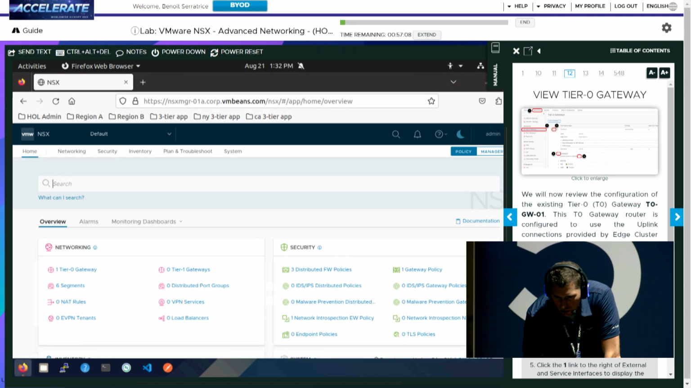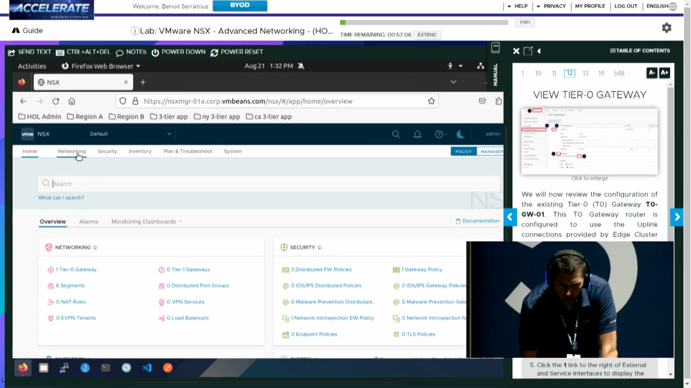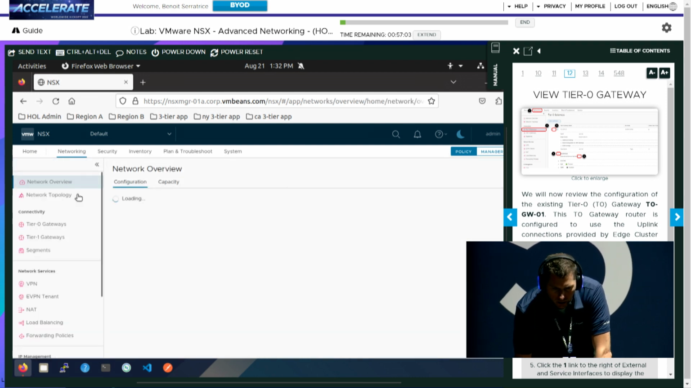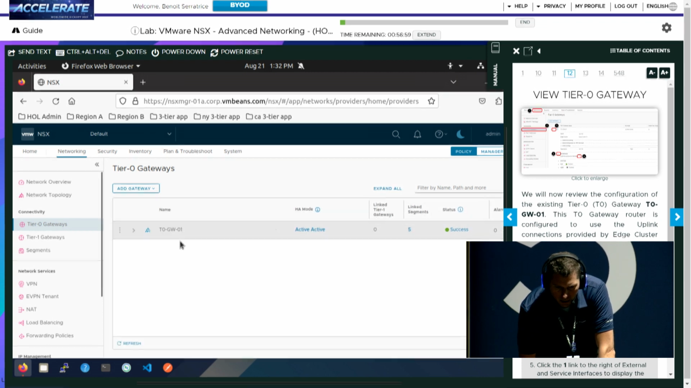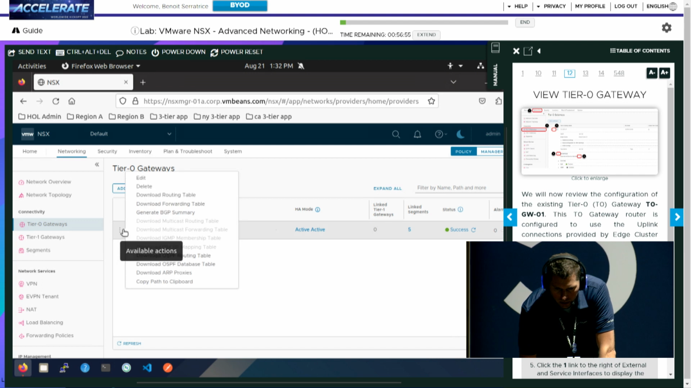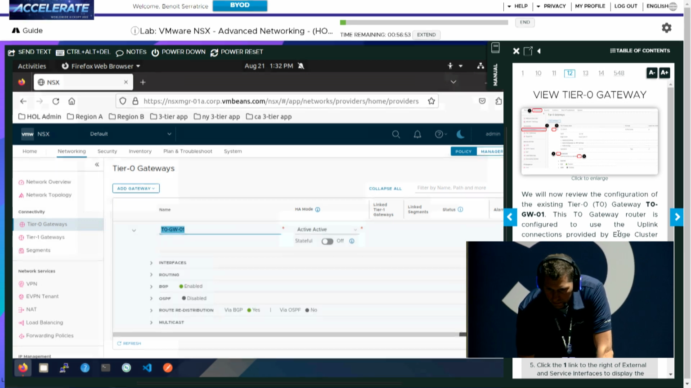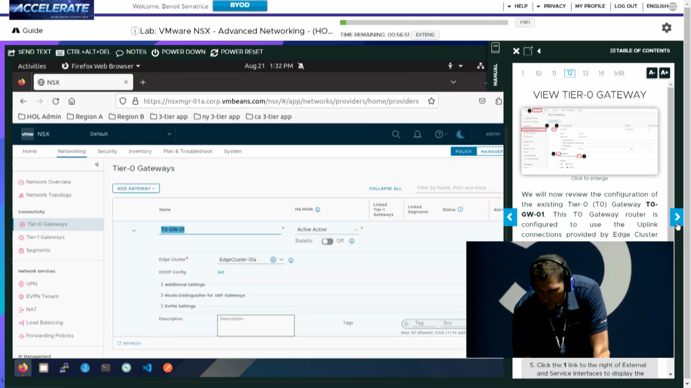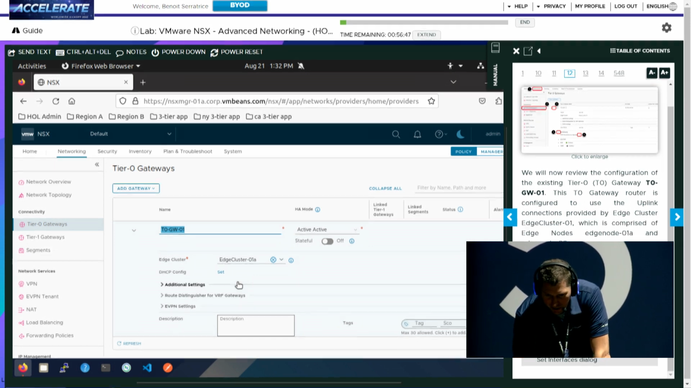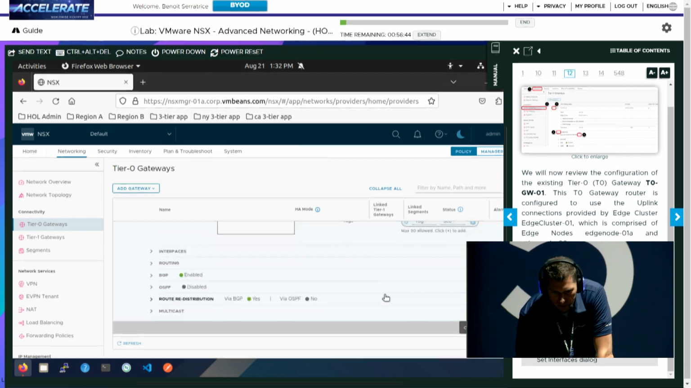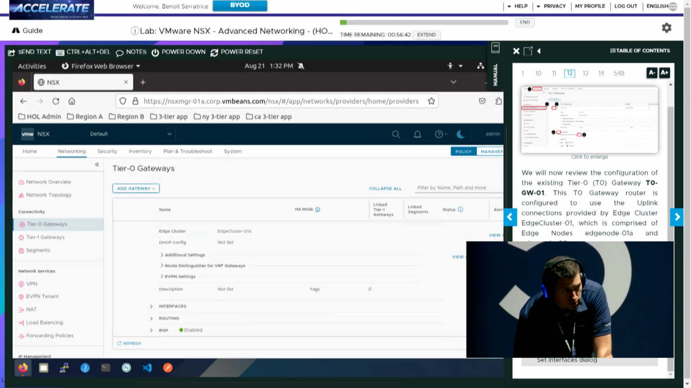All right, so we are going to go to networking, and then on the left-hand side, T0 gateways, and you'll see that we have T0 GW01. We're going to edit that guy. Actually, I think in this first place we're just looking. Yeah, my bad. I get ahead of myself. I've done this lab probably 150 times in the last 2 weeks, so